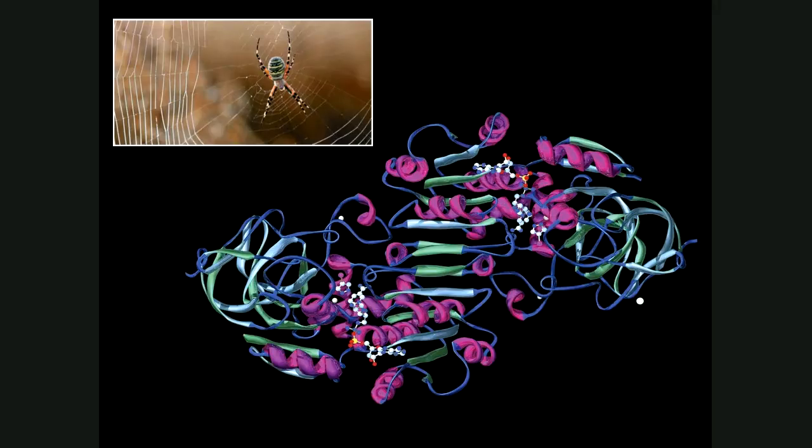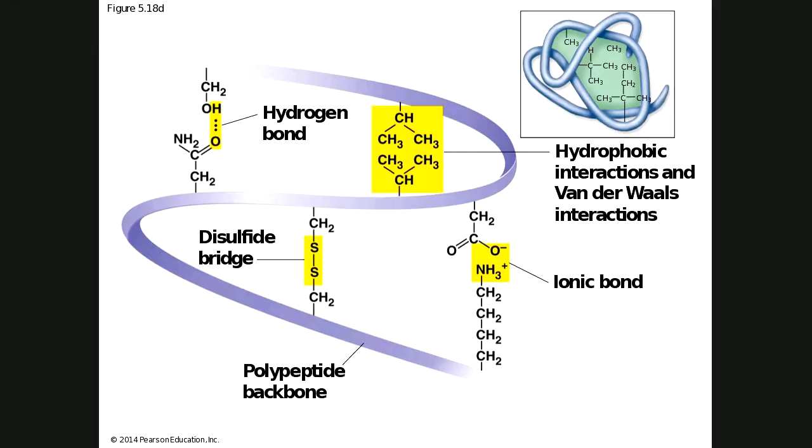If you take a look at the tertiary level, these are just some examples. So again, we've got the ribbon model here, and what we're looking at,